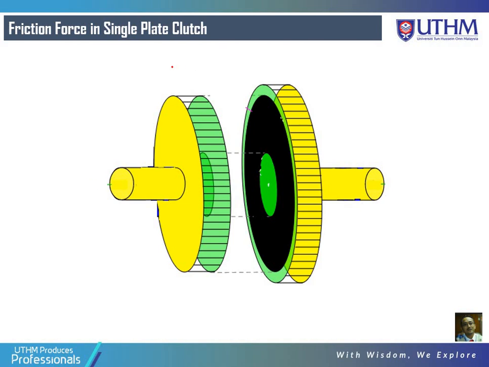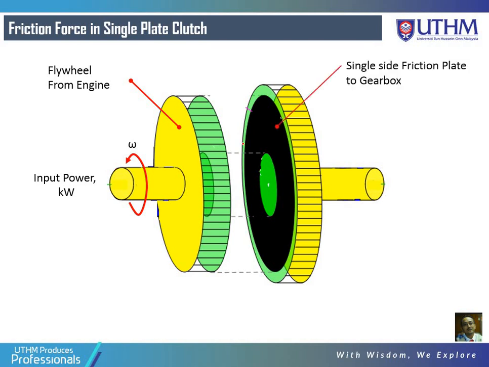Assuming there are two disc plates, on the left hand side and on the right hand side. This is the flywheel from the engine, let's say, at a predetermined angular speed, with an input power of, let's say, a few kilowatts. And then the black color over here is the friction plate